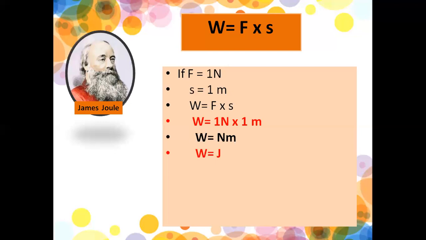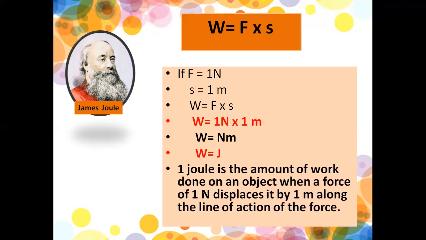He has done immense work in the field of work done, and hence, in honor of the scientist James Joule, we have the unit of work done as joules, and 1 joule will be equal to the amount of work done on an object when a force of 1 Newton displaces it by 1 meter along the line of action of the force. So 1 joule